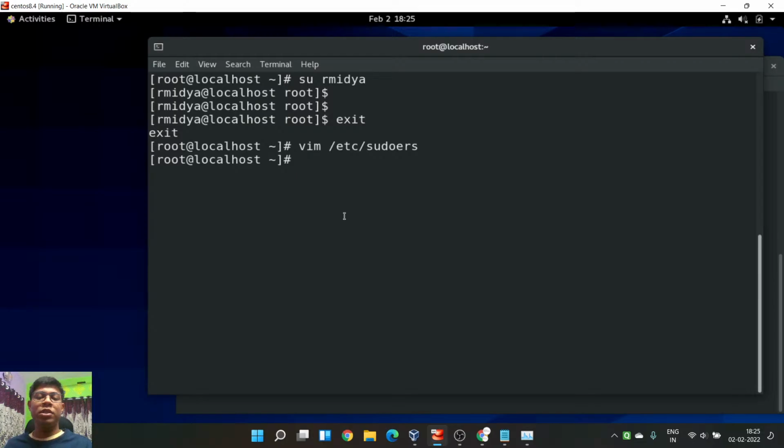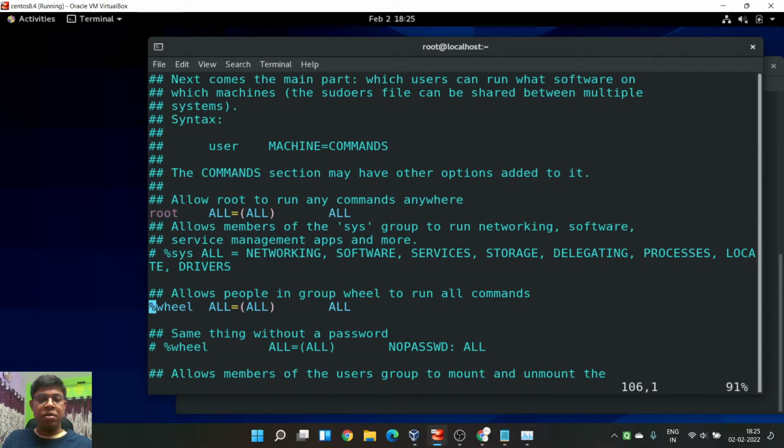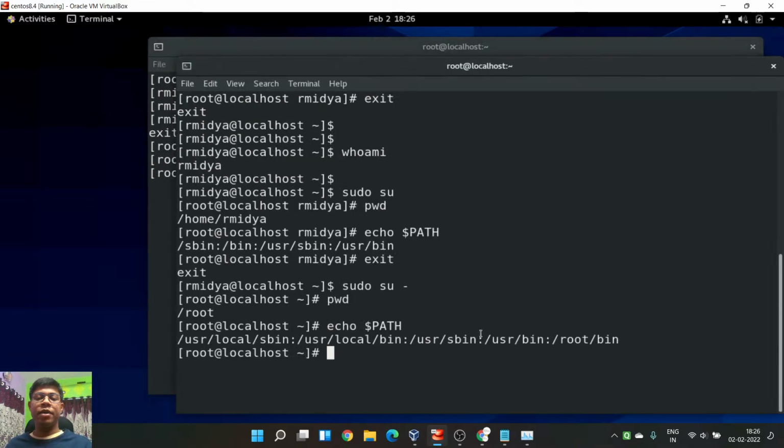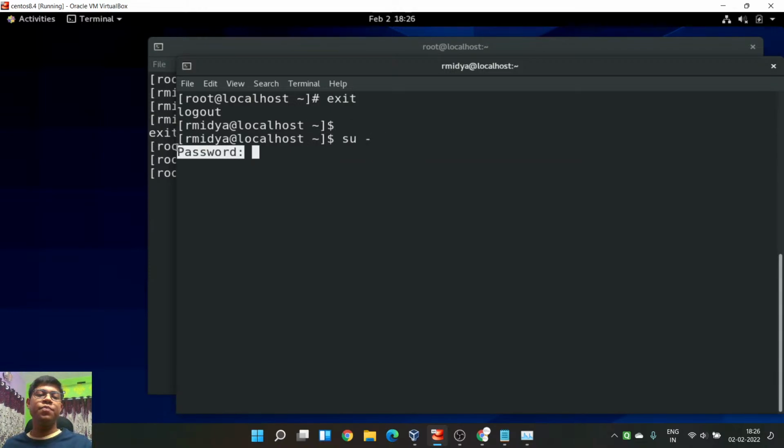So why is this possible? Because of this entry in the sudoers file. If I remove this entry from here, exit, and I am on my account again, now if I try su hyphen, it is asking me for the password.